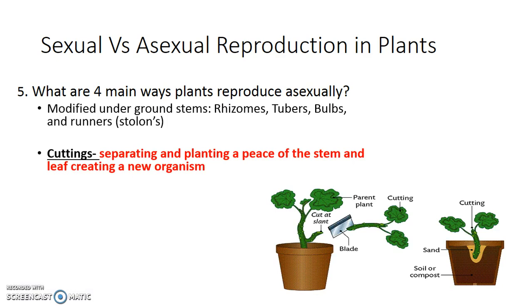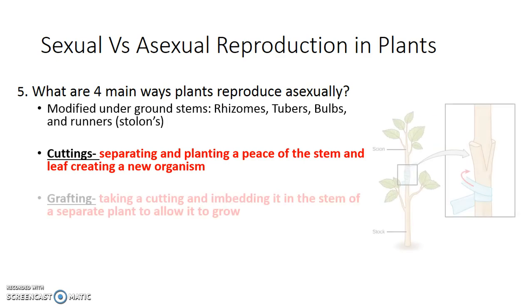Other ways that plants can reproduce are cuttings. This is when a piece of a plant is removed, planted, and generates a new plant. This is actually how most nursery plants are made. If you notice, all nursery plants, you buy them in those flats and they all look basically the same. And that's because generally the way nurseries make their money is they have one big mother plant that they chop up into a million pieces, and then they sell you the million pieces of the one big mother plant.